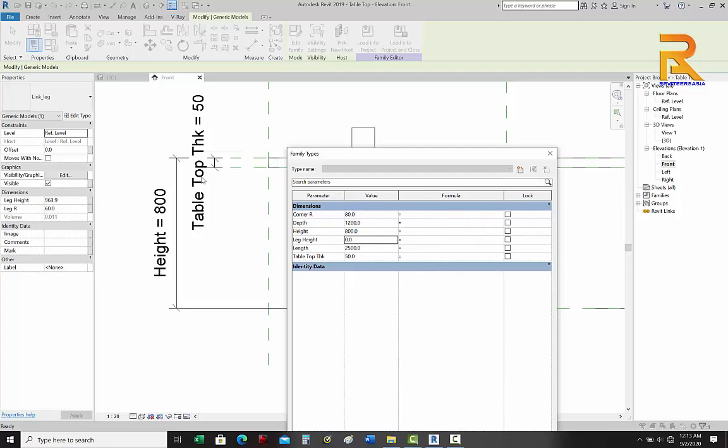height minus tabletop. So I will click the tabletop thick, tabletop thick. I will copy this one, Control C. So I'll say height minus, Control V, paste it, enter. So the leg height of our table now is 7.5. If I will click OK,